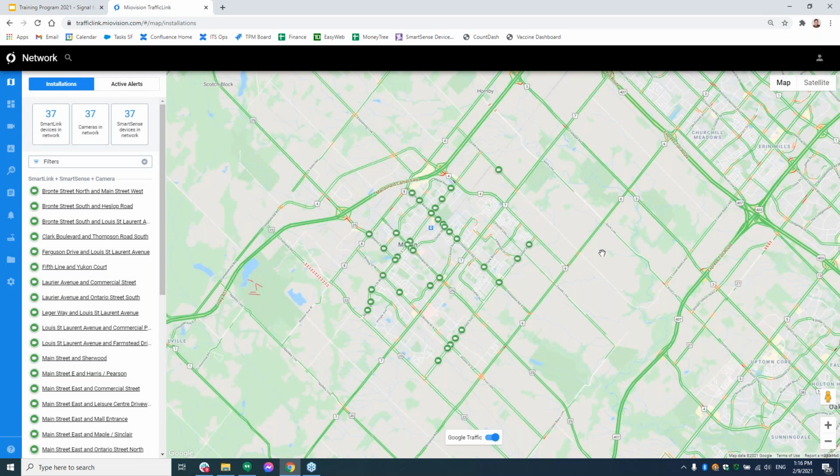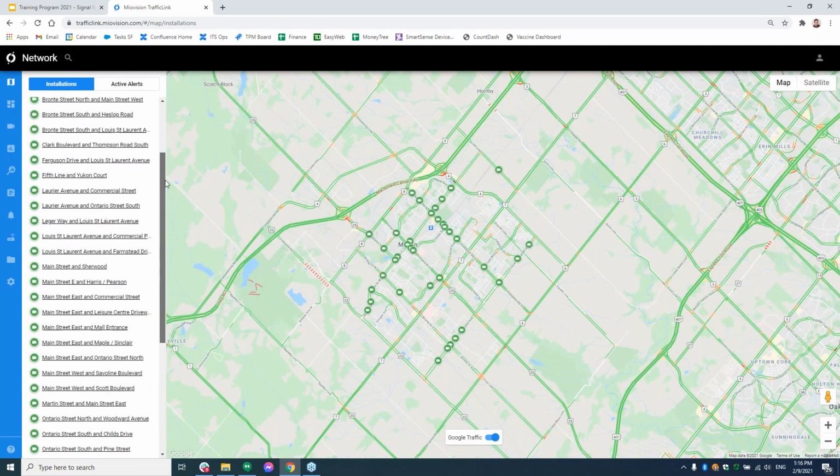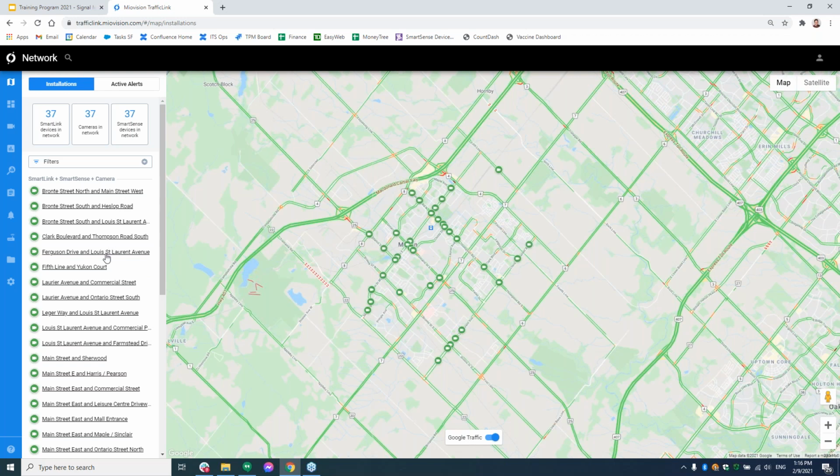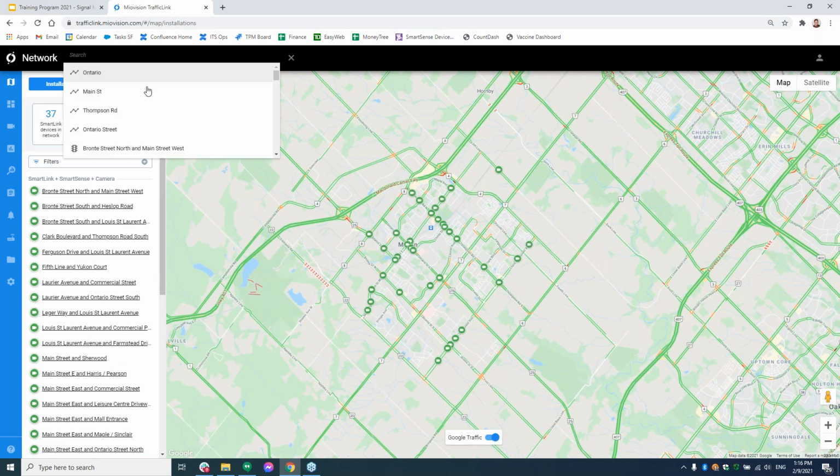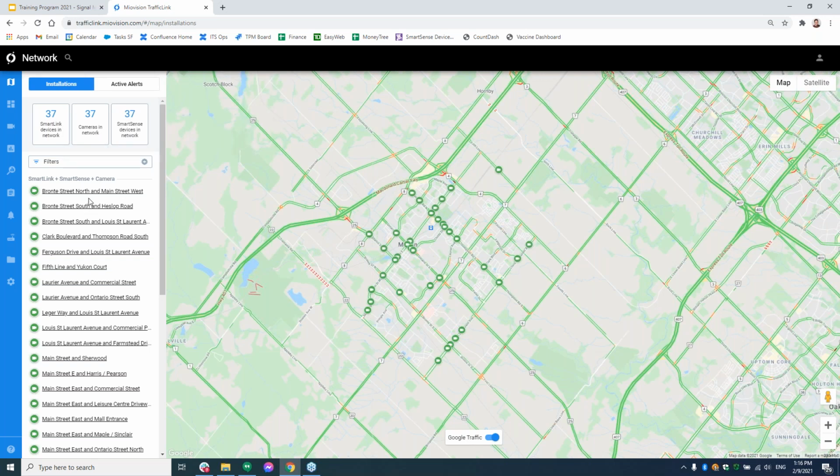So that's just looking at the general deployment map, and you can see along the left, I have a little bit better access in a list where I can click on any one of the intersections and it'll take me to the intersection directly. So if I know what I'm looking for, I don't need to search up in the top bar anymore, which is still there. You can still search at the top bar, but having it on the map view on the left, I find a little bit more helpful.